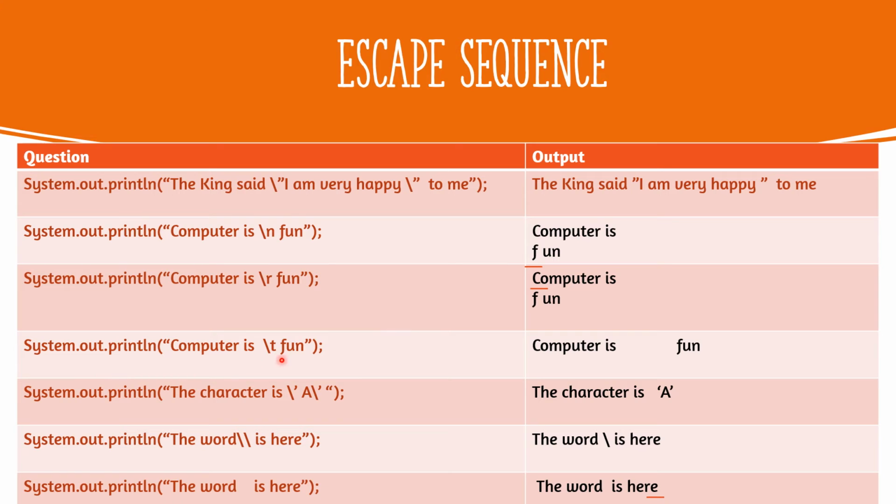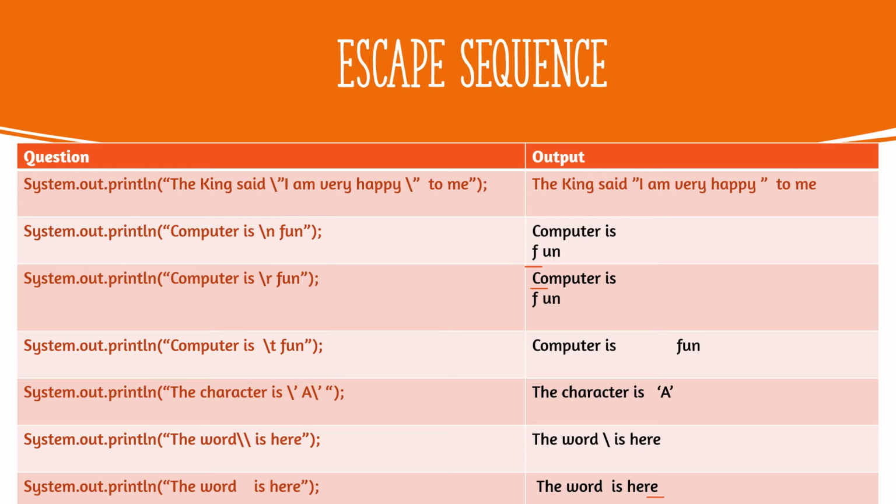And System.out.println with \t means a space will be coming, sixteen spaces will be here. And here we have the single quote, that means in the output, the single quote will be coming. And \\ means in the output a backslash will be coming. The first slash is for the escape sequence and the second slash will be printed. And System.out.println the bird with \b, here it is. \b means the cursor is supposed to come back one space, so at the end of the last line. \b is for backspace.